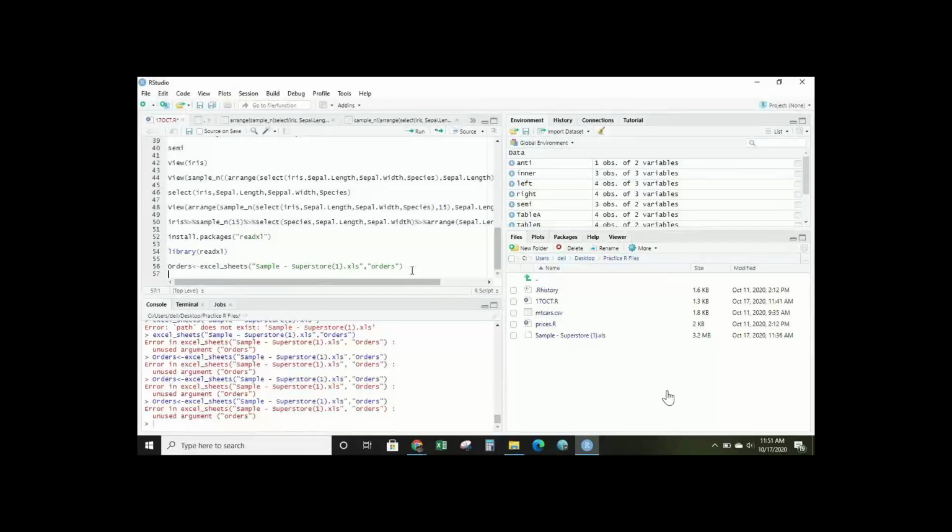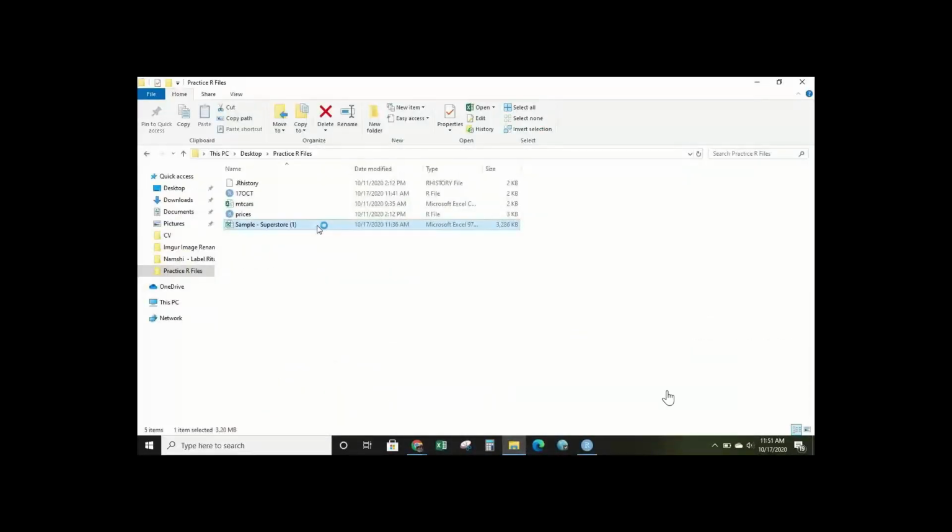Can you open this file, the sample Superstore that you have downloaded? Can you just open it once? It might be small over there. That could be the problem. Just open this file once. But I don't think it's actually about O.